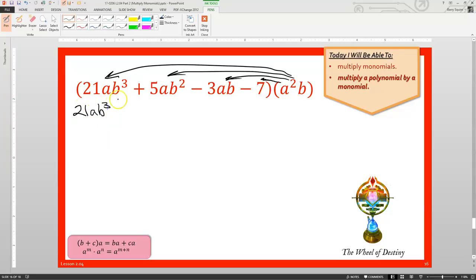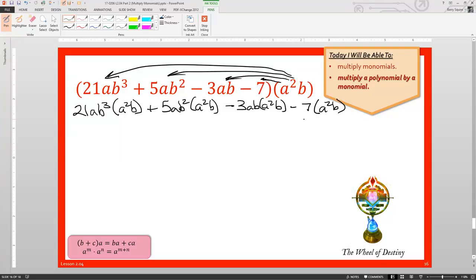21ab cubed times a squared b plus 5ab squared times a squared b minus 3ab times a squared b minus 7 times a squared b. Okay, next step,